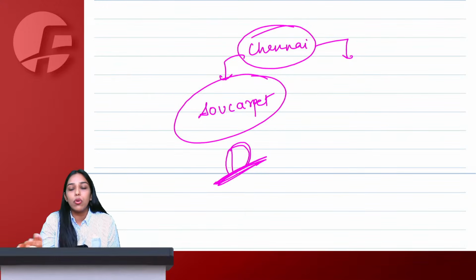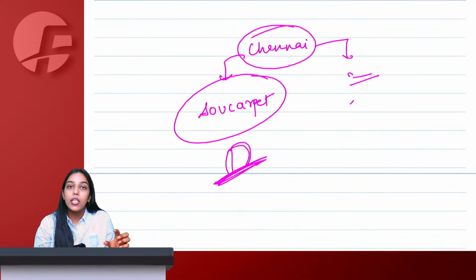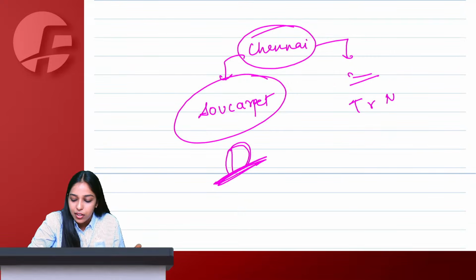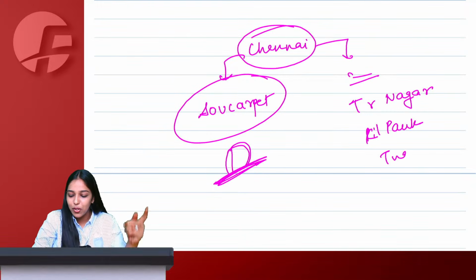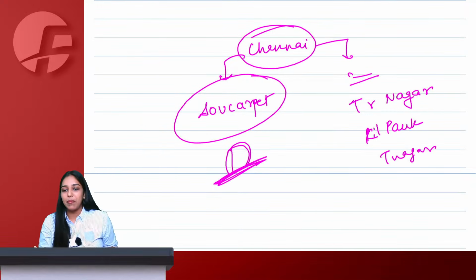Let's say whatever street it is of Chennai only. This is important, because if the officer anytime wants to do TR Nagar. Okay, chalo, we have TR Nagar. We have Kilpauk, if I'm not wrong. Kilpauk is a place in Chennai. T Nagar is also a place in Chennai. Yes, I have visited Chennai multiple times.